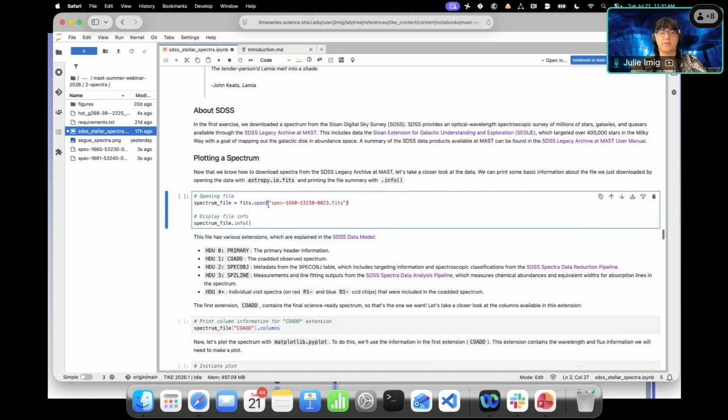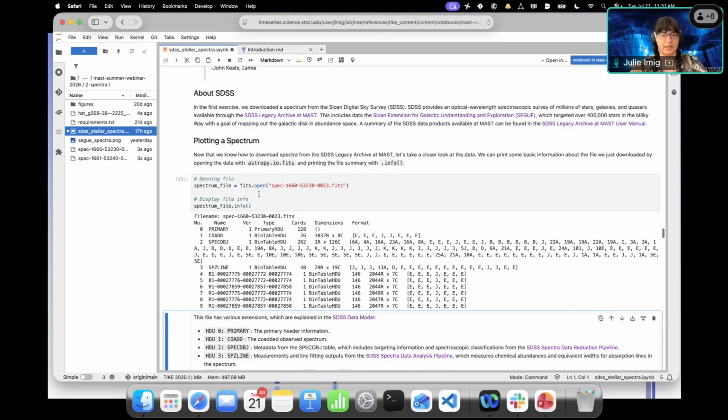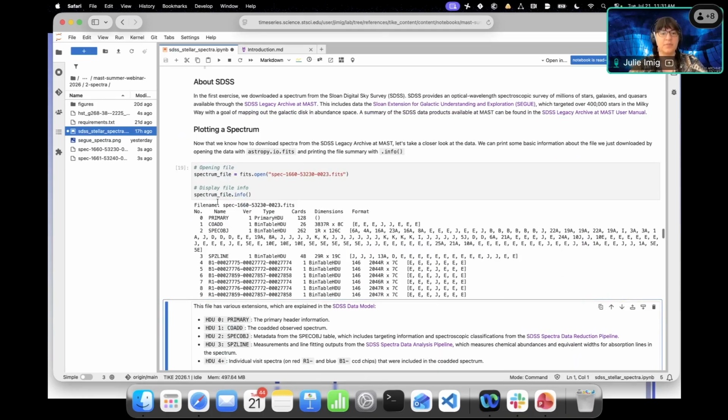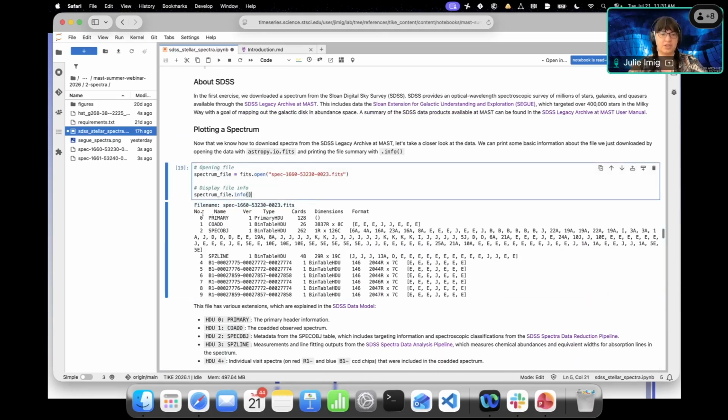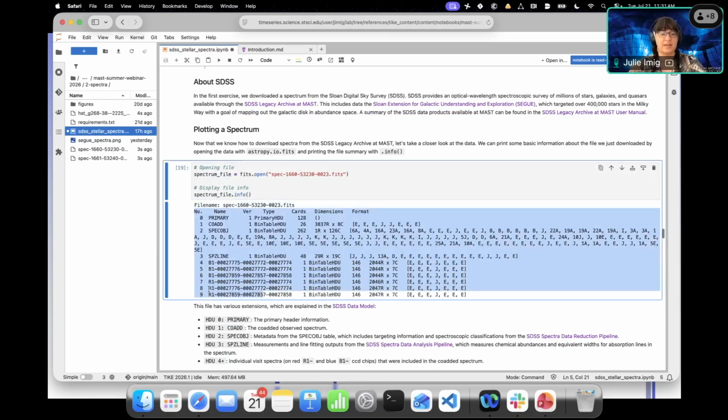it looks like. So the first step to opening the file is with AstroPy. We can do fits.open and pass it the name of the file. And then we can use file.info to display some basic information about the file and what it contains. So we can do that here. It tells us the file name, and it shows us that this file has 10 different extensions as a FITS